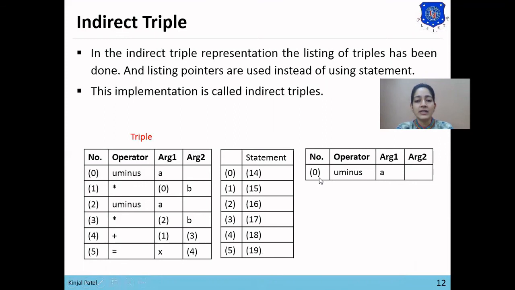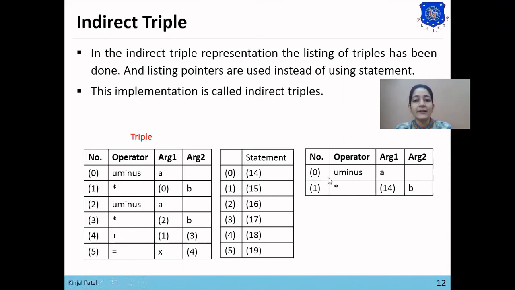So here 0 represents the unary minus A. Now next, here in one instruction there is expression 0 star B. 0 is the result of unary minus A. So now we want to perform 0 star B, means unary minus A star B. So now the result of this 0 has been stored in pointer 14. So we'll use pointer 14 instead of 0.